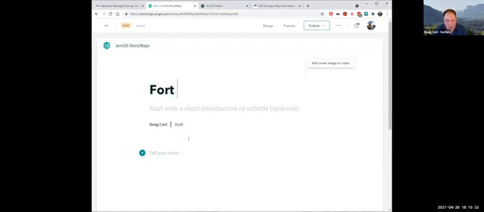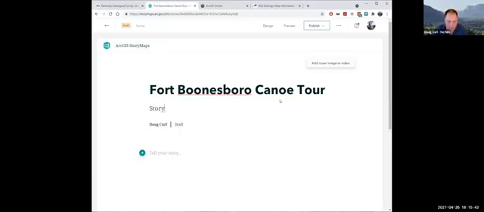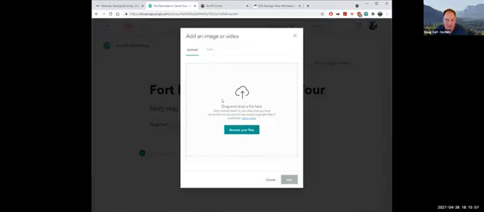So this is going to be a Fort Boonesborough canoe tour story map. I'm just making things up. Story map of nice trip. Okay, so you can change the authors and whether it's a draft and that sort of thing. And then you can add a cover image.